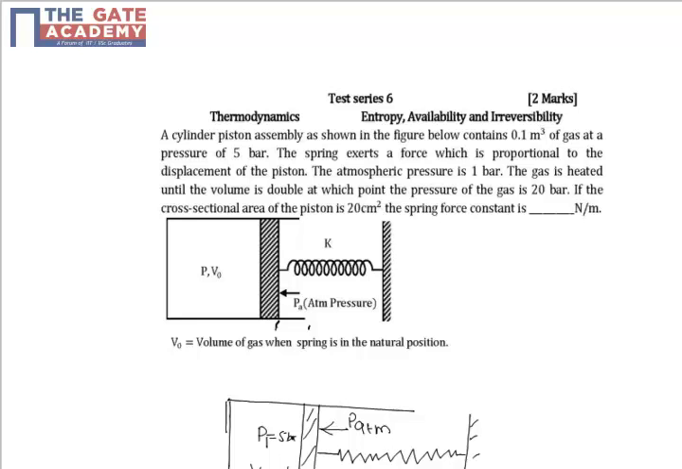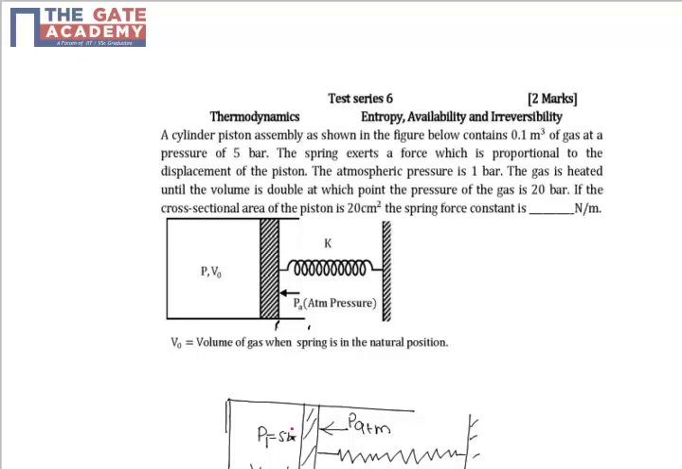Hi friends, this question is from test series 6, subject thermodynamics, and this question is based on the first law of thermodynamics and energy interactions, heat and work interaction. In this question, a piston-cylinder device is shown in the figure which contains 0.1 meter cube of gas at the pressure of 5 bar. So P1 is equal to 5 bar and V1 is equal to